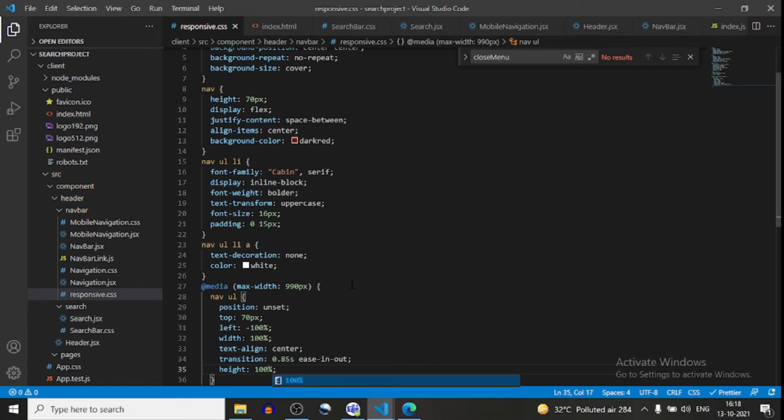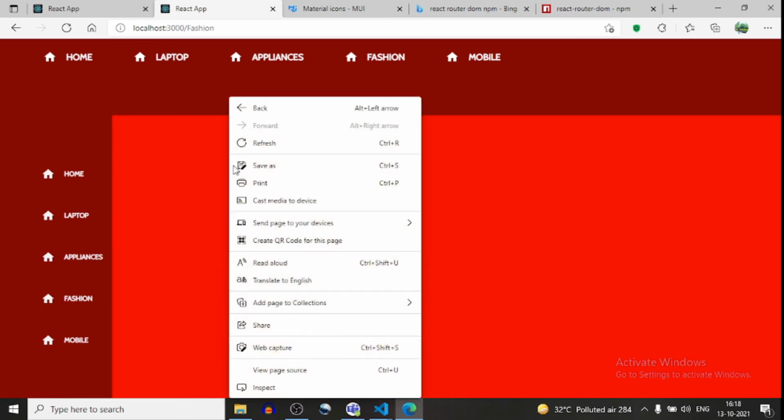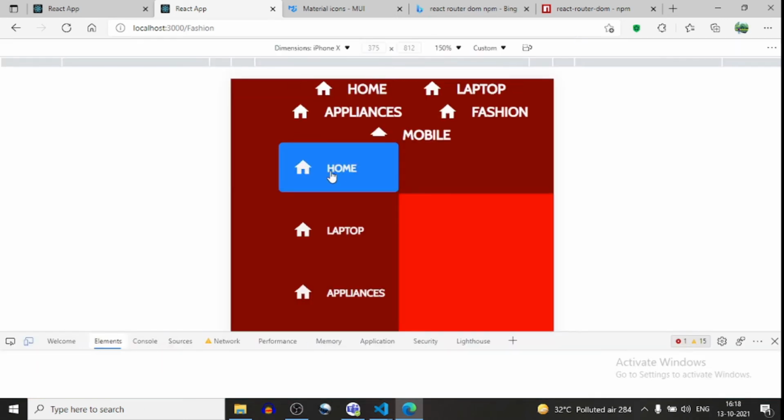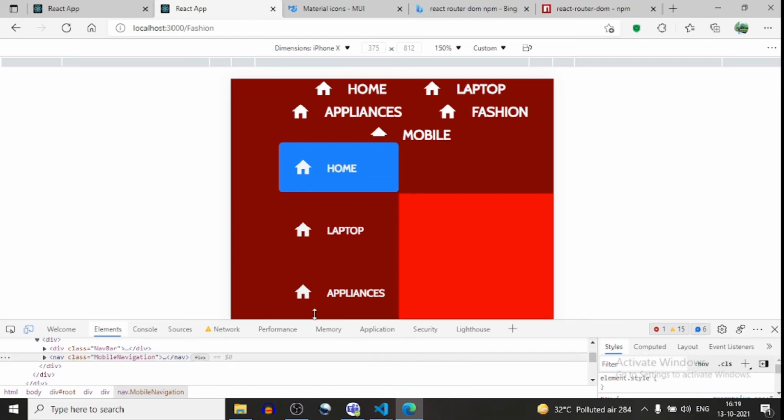Okay, now what will happen whenever we will come in the media query? What it will do? Okay, this CSS will be applied automatically over here.